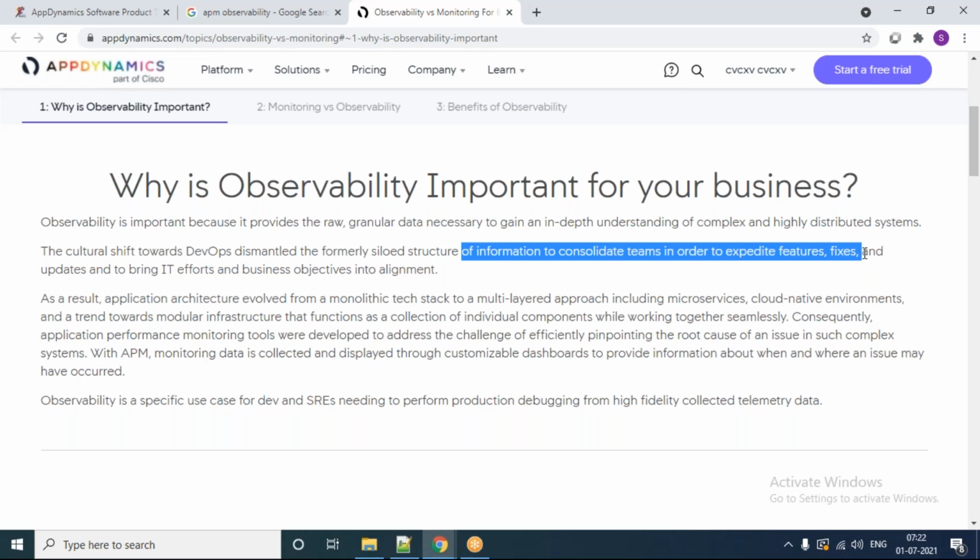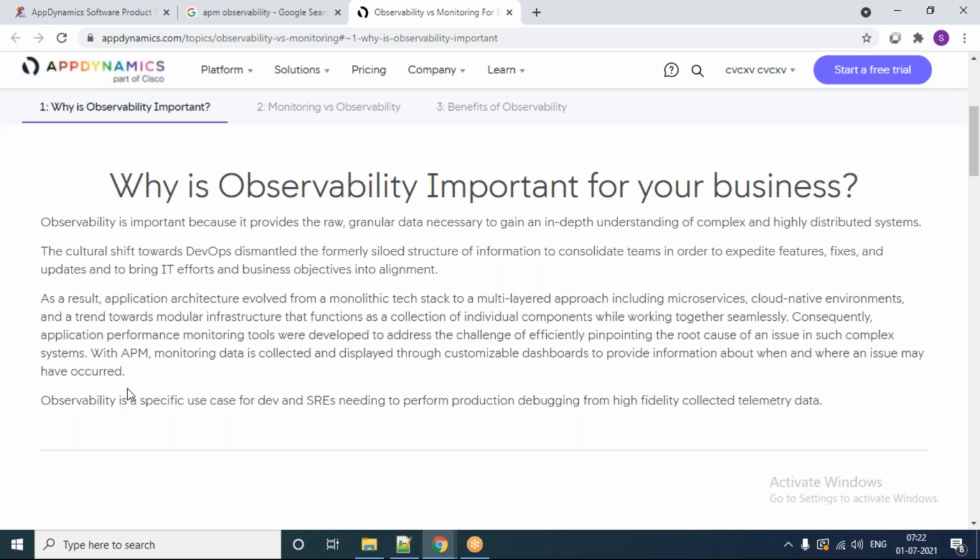Complex microservices level, multi-tenant level, multi-OS level, cloud level, like that. Your system is actually becoming that way, right? So that is the observability that we are talking about. If you are getting raw data, and that raw data helps you do an in-depth understanding of your application stack, in that way everybody, instead of only saying "I do monitoring", it is about how we are going to use the current data in a detailed, in-depth way.